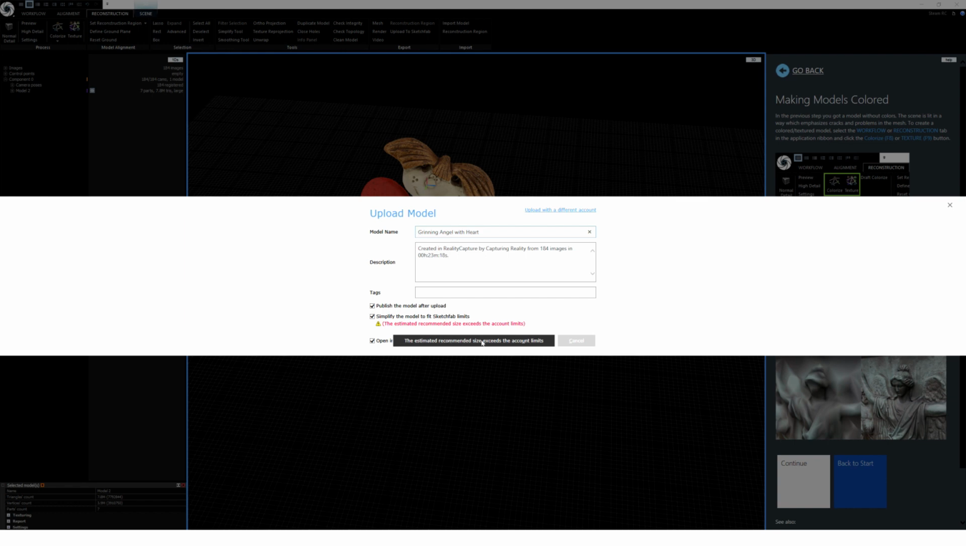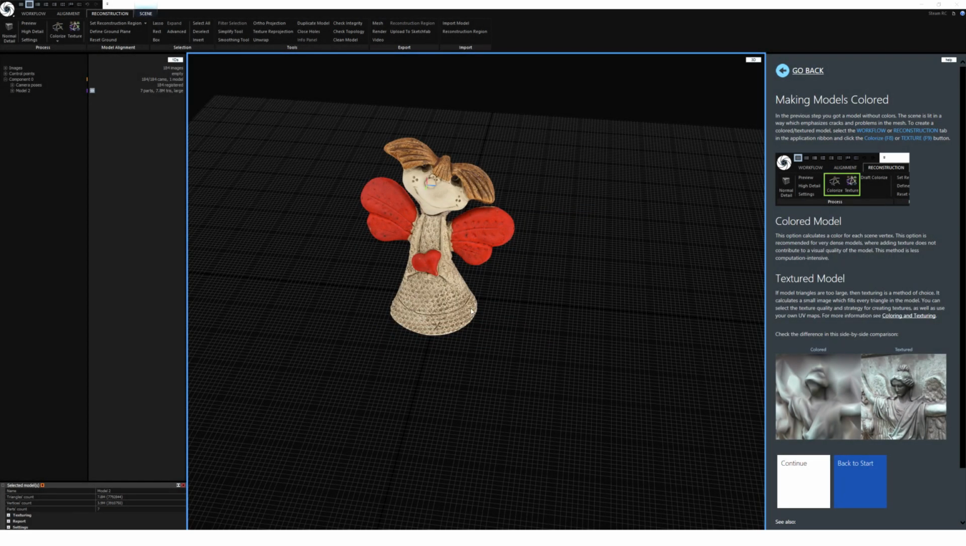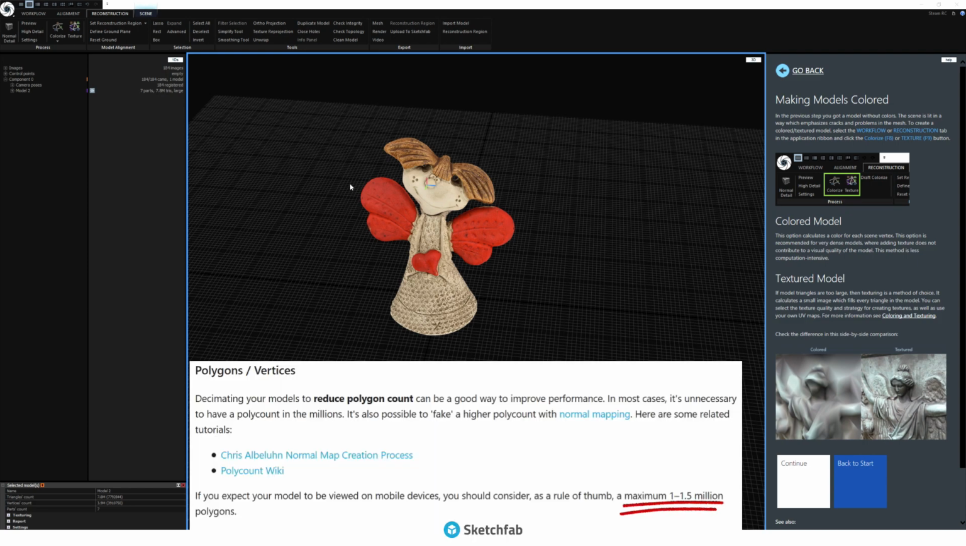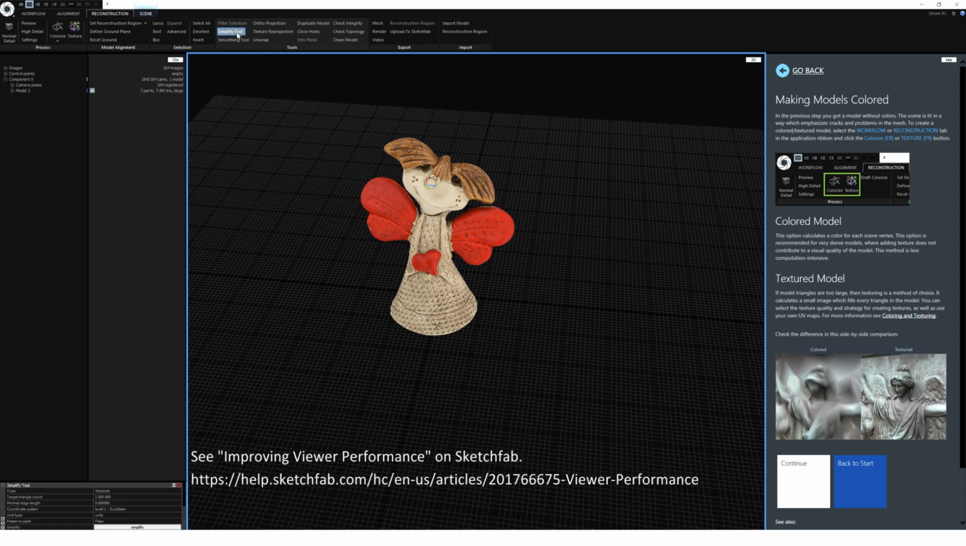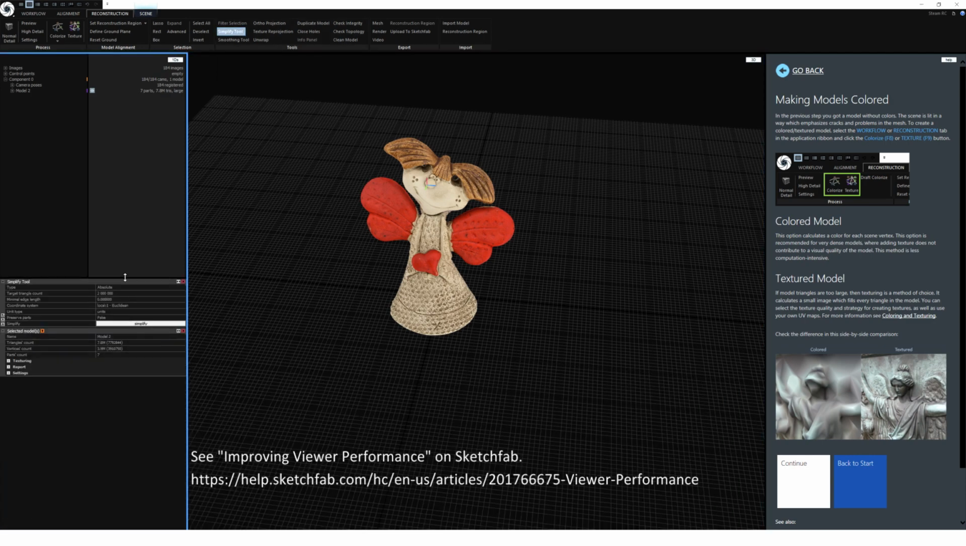When you choose to upload to Sketchfab and you click on Next, and the estimated recommended size exceeds the account limits, RealityCapture will automatically downscale the image. It will decimate the image to reduce the poly count. And 1 million is probably the recommended maximum size, especially for display on cell phones. If you want to do this manually, we can go to Reconstruction, Tools, Simplify Tools, which reduces the number of triangles of a model,